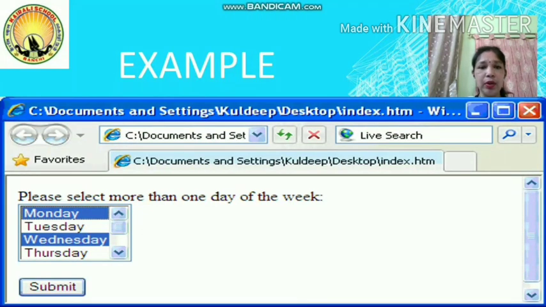Now how will it look on the screen? Just see, here I am giving on top, please select more than one day of the week. If you have given this option to select more than one, you'll have to use the control key and then only you can choose another option. By default only one option is getting selected. But if you have given the multiple option selection, then you will use control and click to select it. This also I will tell in a further segment, how to use it.